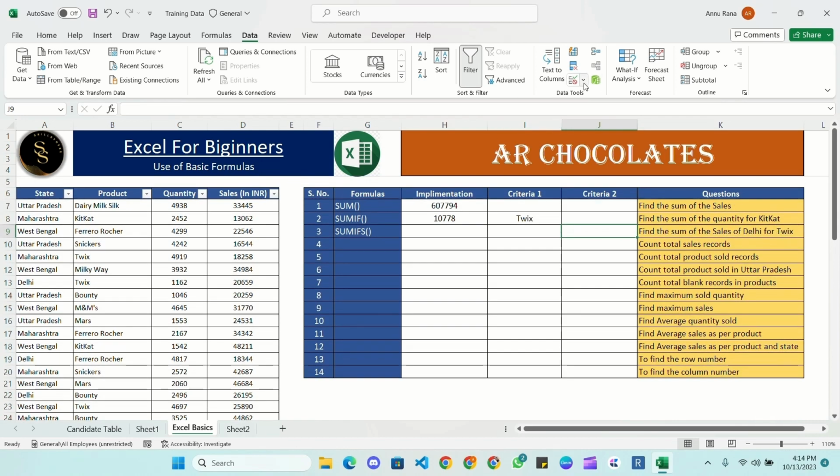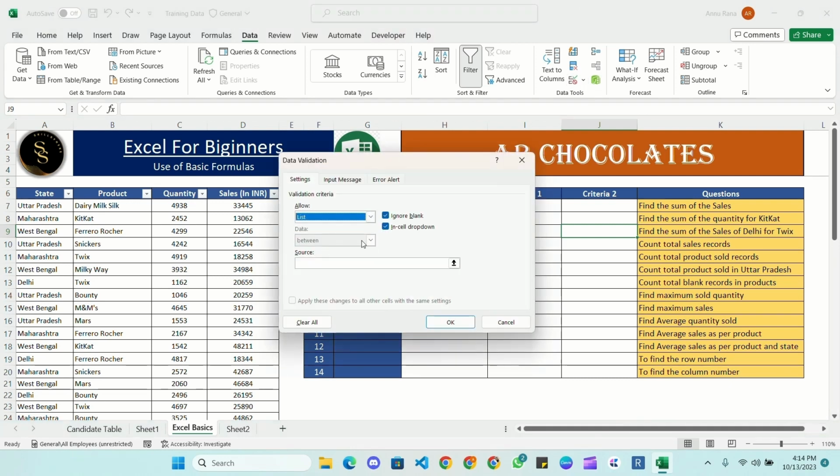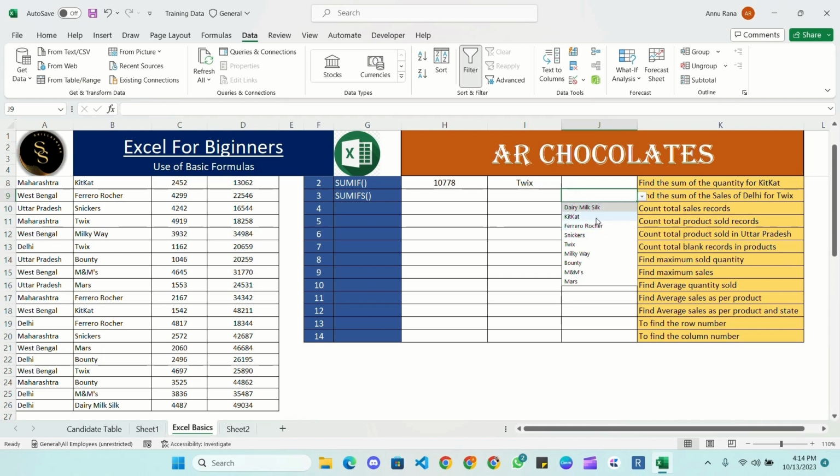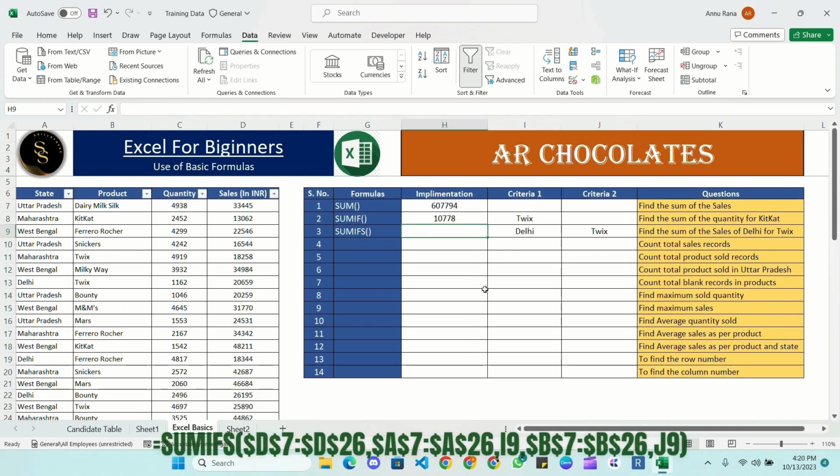That means product. It is asking for product, so create it just for products. So we have product. Now I'll be directly referencing this. We need to calculate for Delhi and Twix. So let's start with the formula, equal to